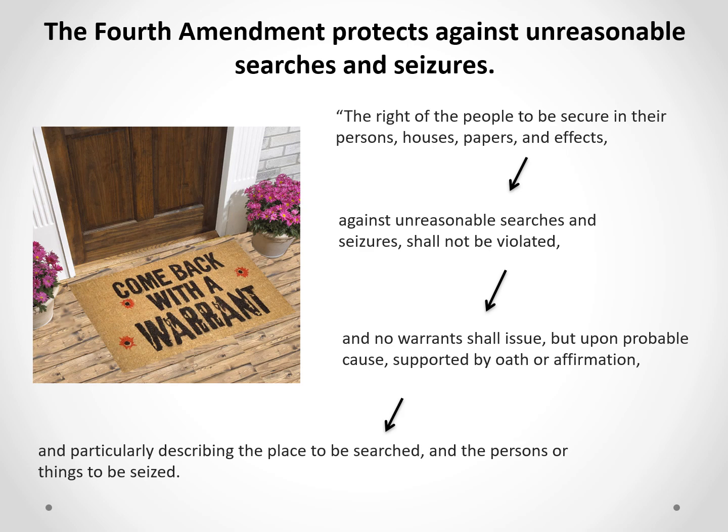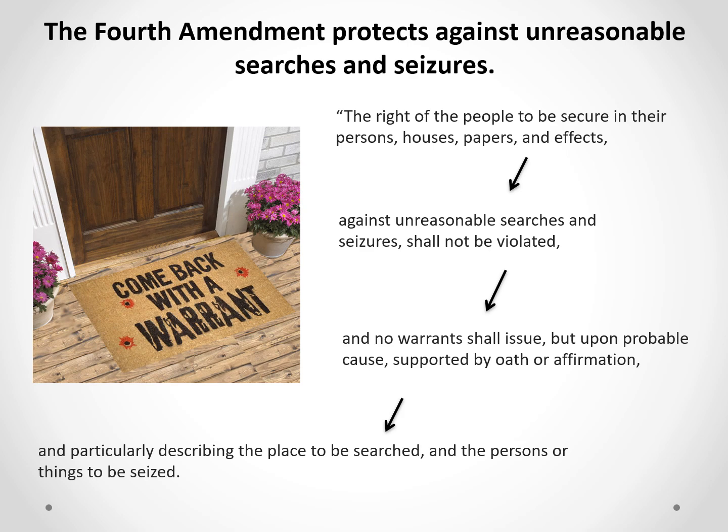If you look at the text of the Fourth Amendment, it says no warrant shall issue but upon probable cause. This means that the police officer has to have some kind of evidence that makes it more probable than not that you were involved in a crime or that some kind of criminal activity is going to be found in your home. Okay, so police officer can't just go off of a hunch or a gut feeling.